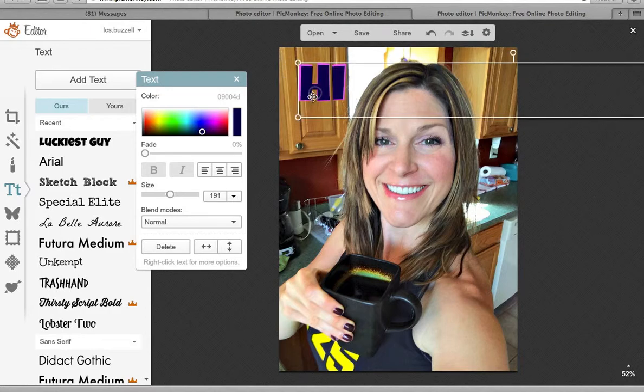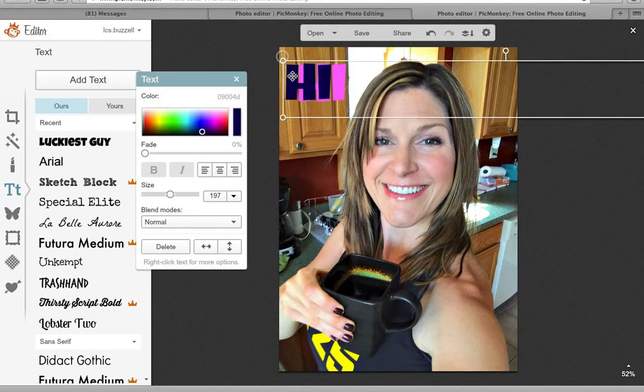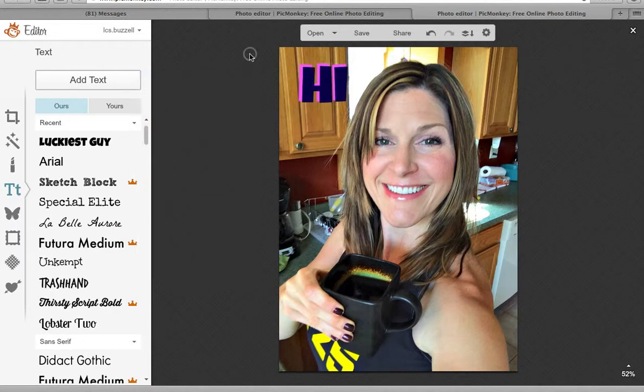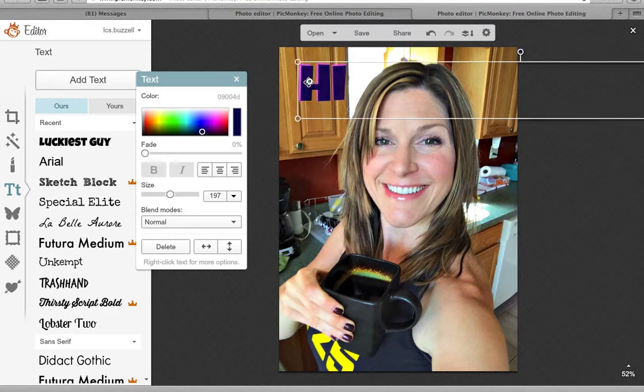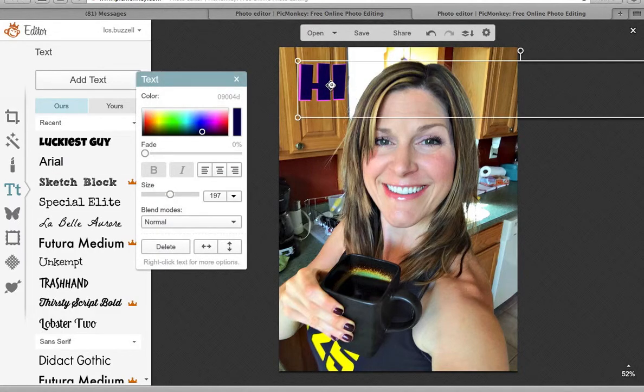I mean, there's just unlimited what you could do here. If they're about the same size, it's usually better. Anyways, I don't really like that, but maybe like that. There we go. Okay, so I don't know if you noticed when I was clicking on here, you can highlight your word, and then you can pick a color here,